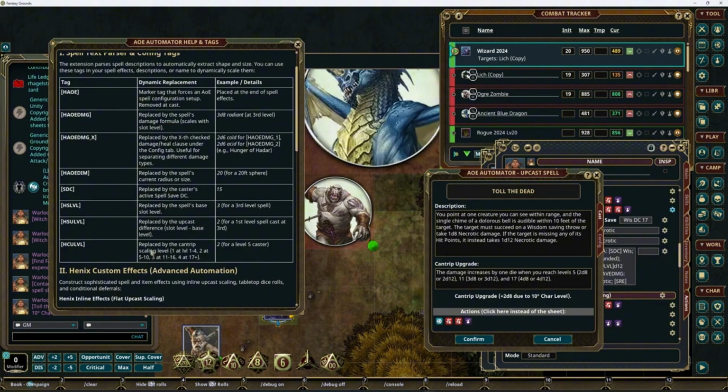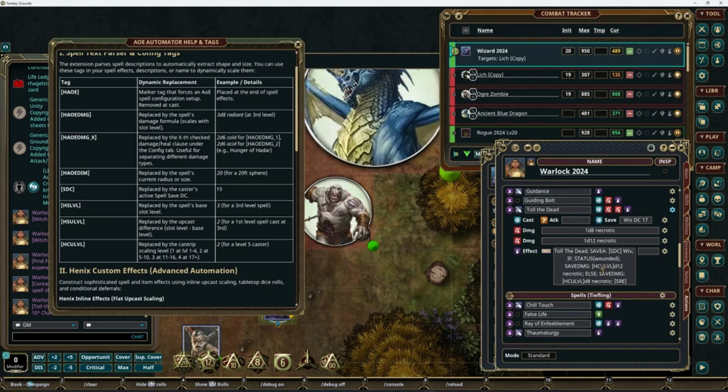It is substituted, so it will replace the cantrip scaling at whichever level we are. For this range 5, 10, it will be replaced by 2, so that is the actual scaling. So it will do 2d12 damage, or 2d8 damage else,